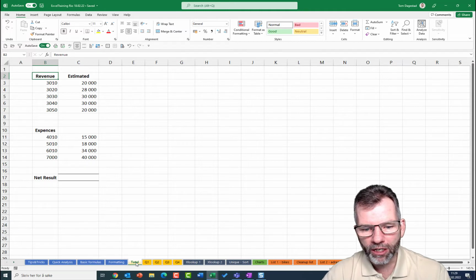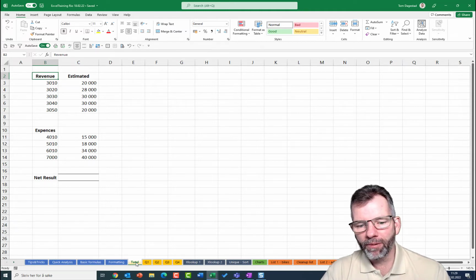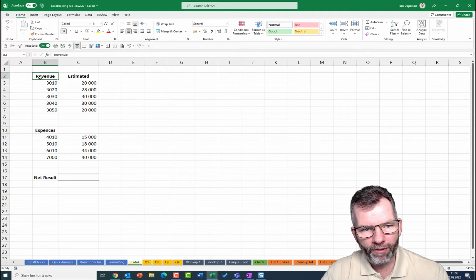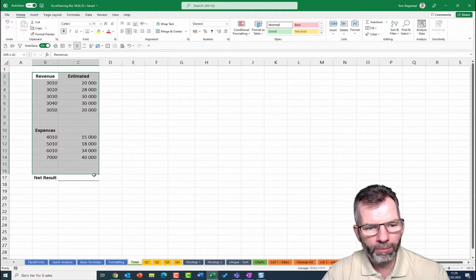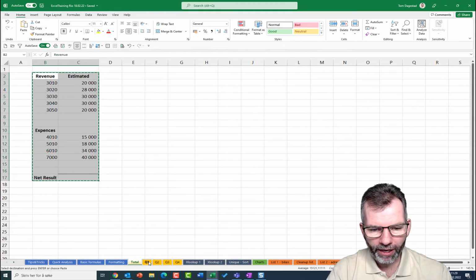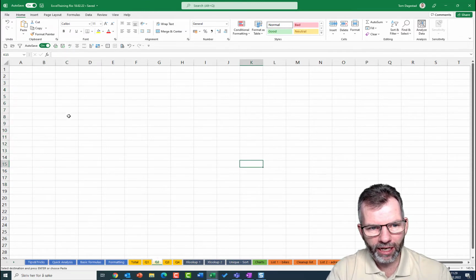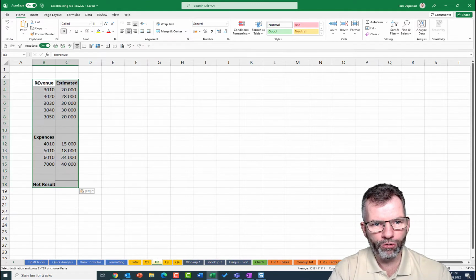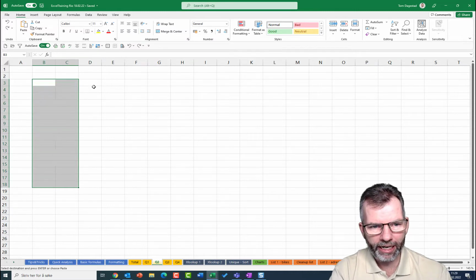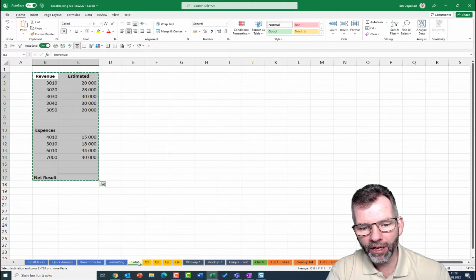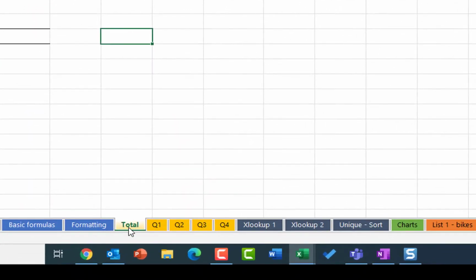The first trick: people tend to just go in, for example, copy here, go into the first sheet and paste it, then go to the second one and paste it. Of course you could do that, but if you had 12 or more sheets, this would be quite exhausting. So the trick is that you can actually group sheets together and write the same thing in the sheets